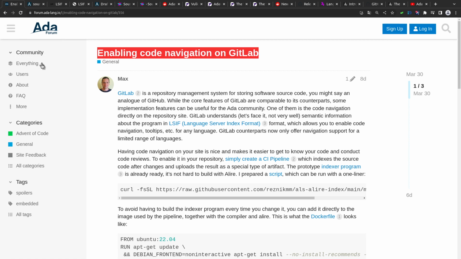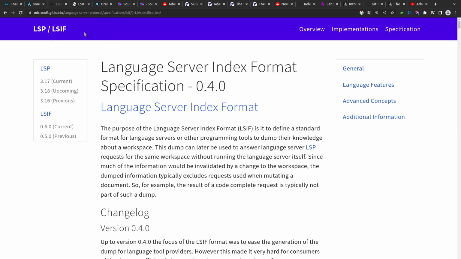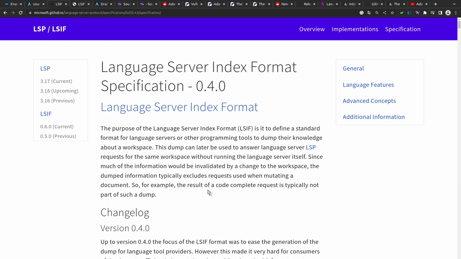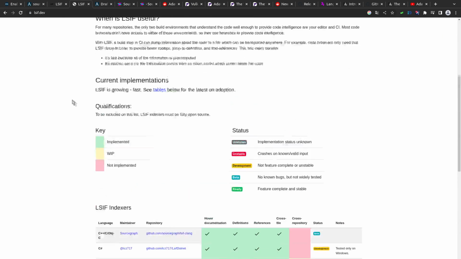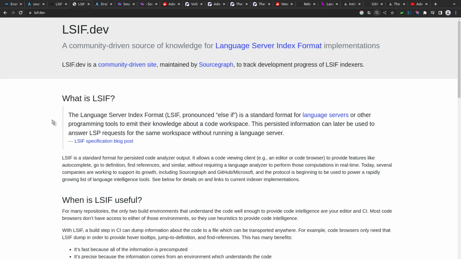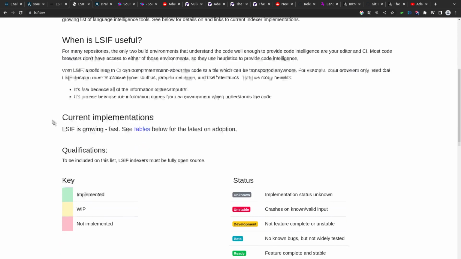The Ada community now has access to code navigation and tooltips on GitLab, thanks to a new LSIF generator for the language. LSIF, or Language Server Index Format, is a standard format used by language servers and other programming tools to dump their knowledge of a workspace. This dump can later be used to answer language server requests for the same workspace without having to run the language server itself. The information dumped typically excludes requests used when mutating a document, such as the result of a